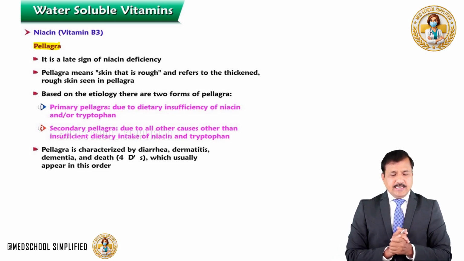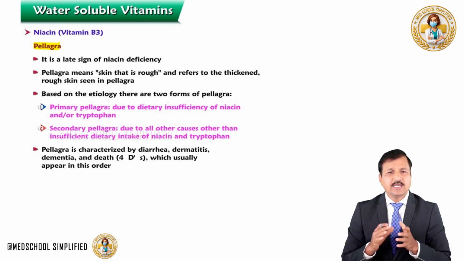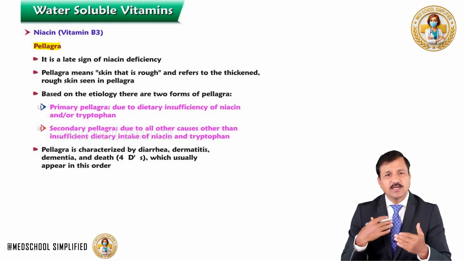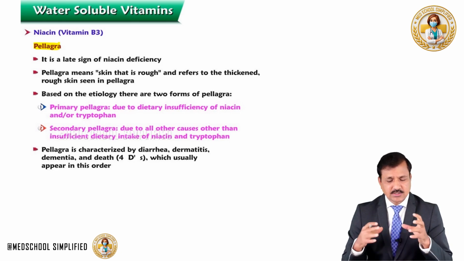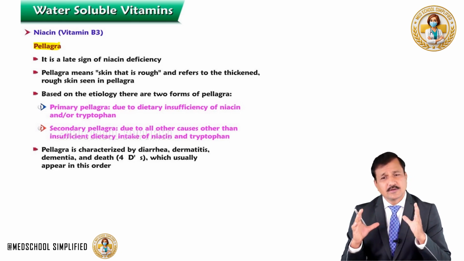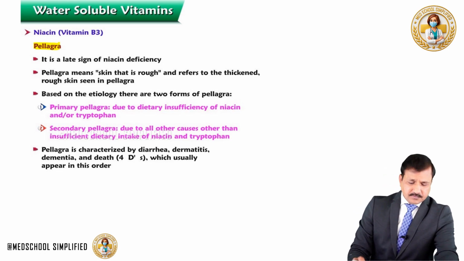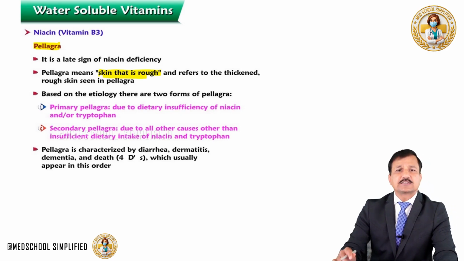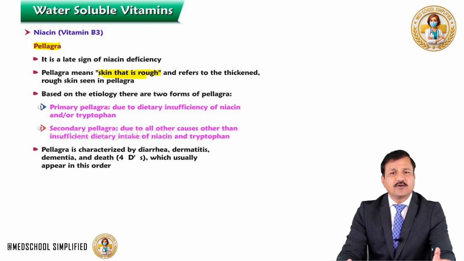Now, pellagra is the late sign of niacin deficiency, because in the initial stages, niacin deficiency signs and symptoms, generally we miss them. It can be asymptomatic, so we generally do not get to notice. Now, pellagra means skin that is rough, and it refers to thickened rough skin